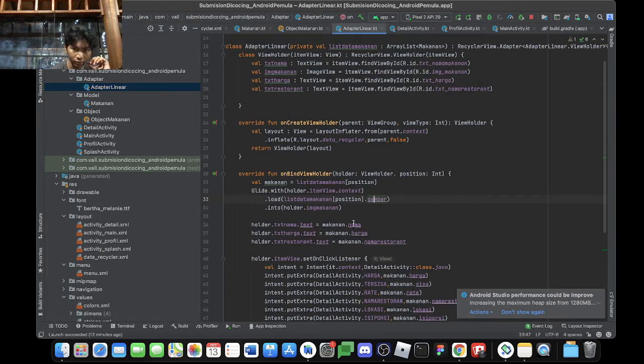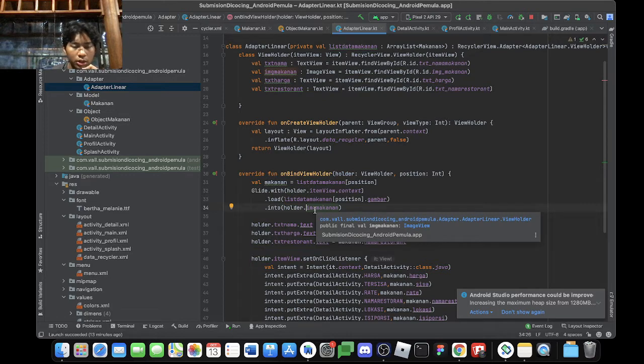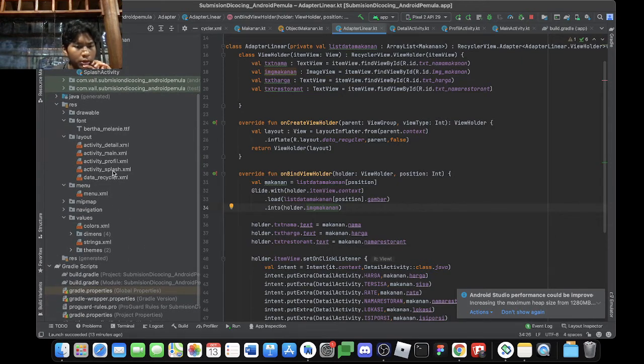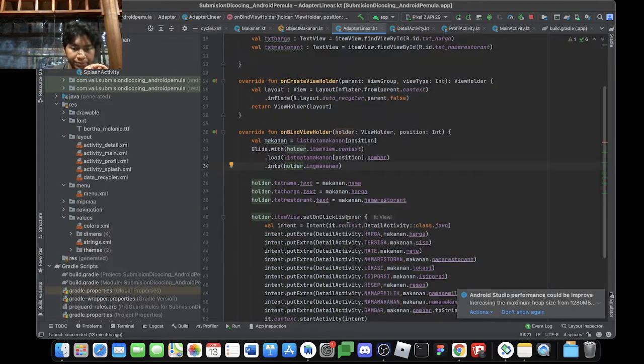Okay, and call the variable inside of the model, because glide is for image, so yeah, this image inside of the bracket. Okay, dot into holder dot image food. This is an ID from the item and the detail from the item. Okay, inside of a bracket.